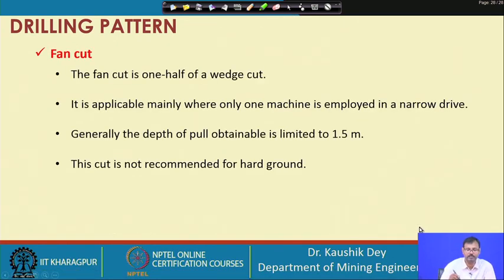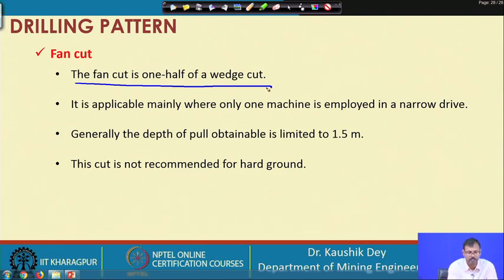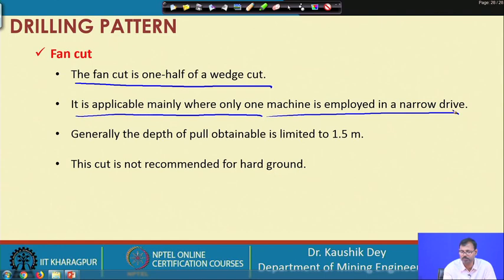Again the fan cut is another half wedge cut. It is applicable mainly where only one machine is employed for narrow drive.